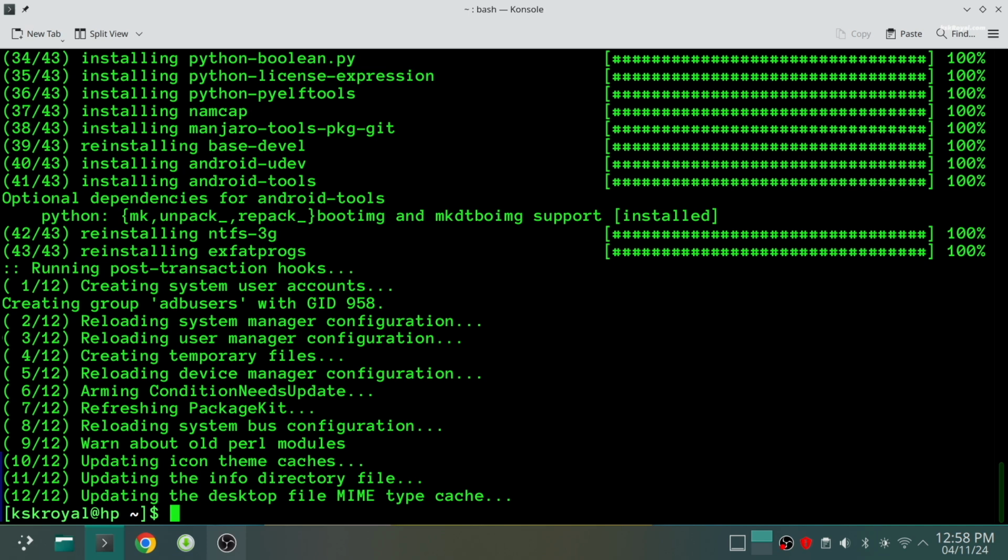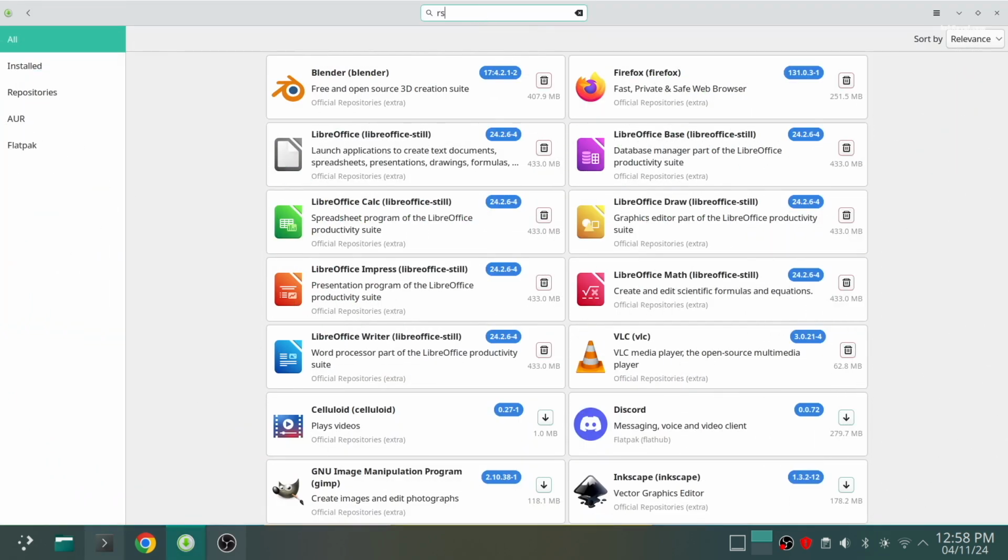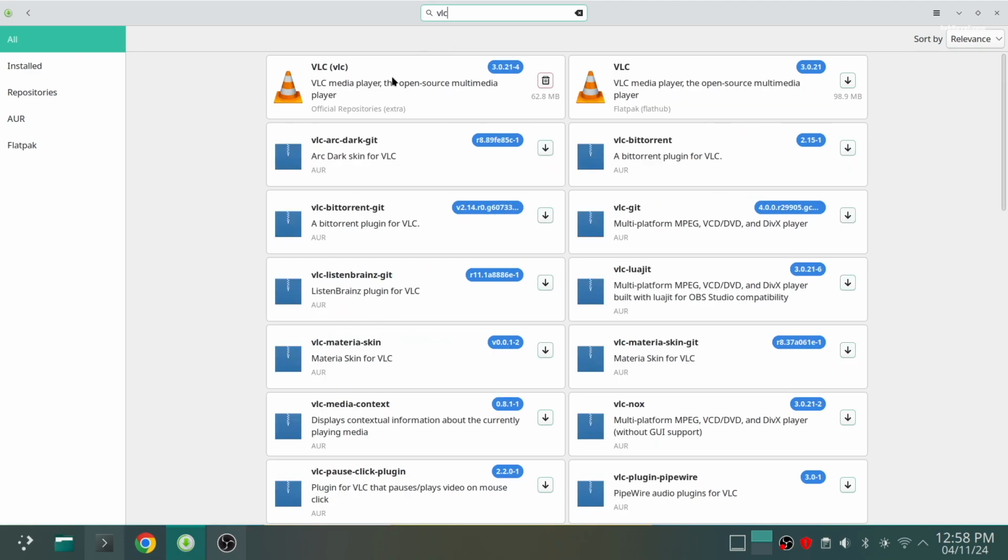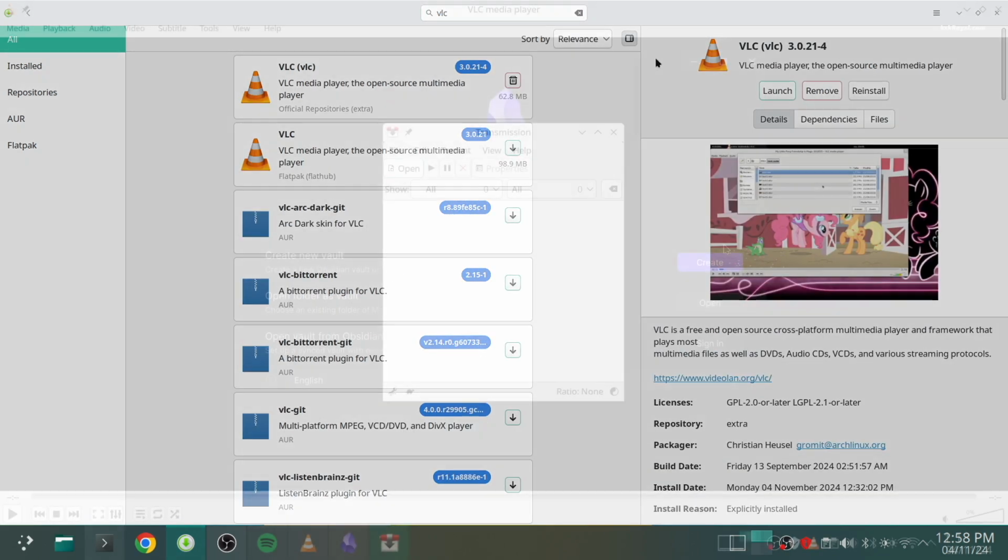Also, you can install GUI applications like VLC, Resources, Transmission, Obsidian, and Spotify through Pamac for easy installation.